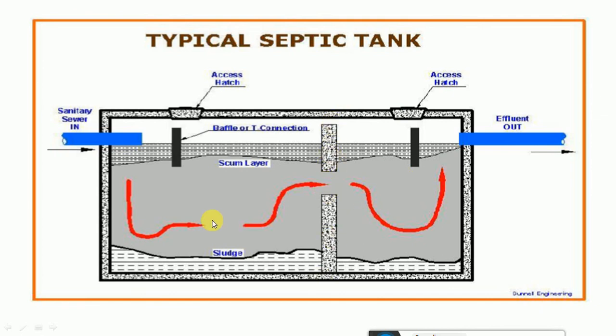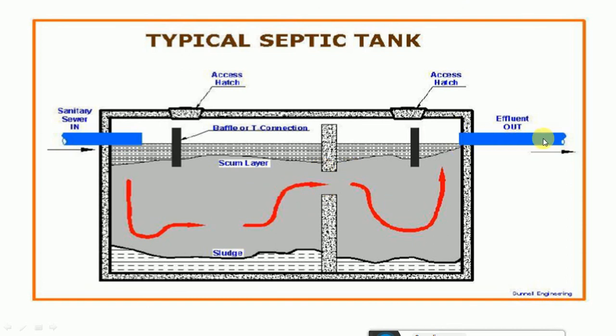Here the waste will enter into this chamber, and this is the access hatch, and this is one more access hatch at the top. It is like the cover to the septic tank. Here the waste will be allowed to settle. Due to the presence of water and under anaerobic conditions, the waste will be decomposed and a scum layer will be formed at the top, and the waste water will enter the second chamber, which is separated by the baffle wall constructed in between. This is the two-chamber septic tank, and the effluent is taken out.